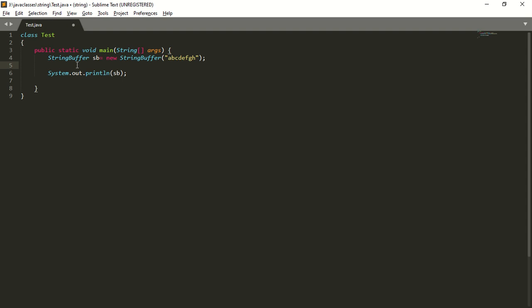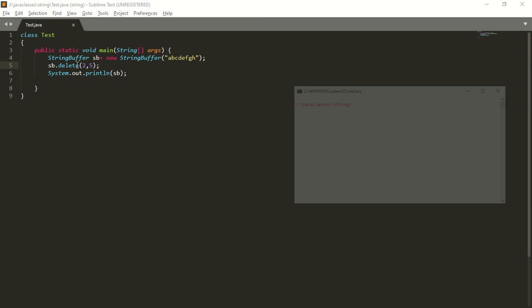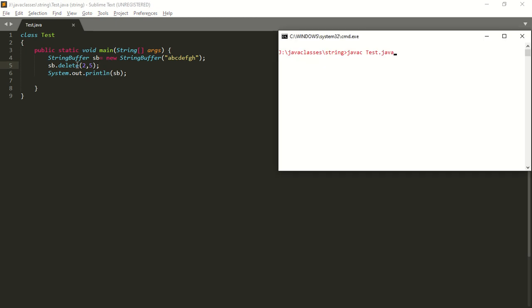Next, sb dot delete of 2 comma 5. Save the program, compile. So run the code. What will be the output? The output will be ABFGH. It is going to delete from 2 to 5 minus 1, that is 4. Okay.